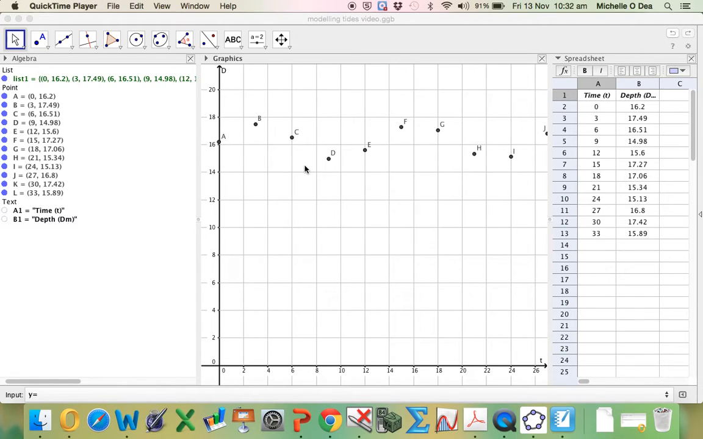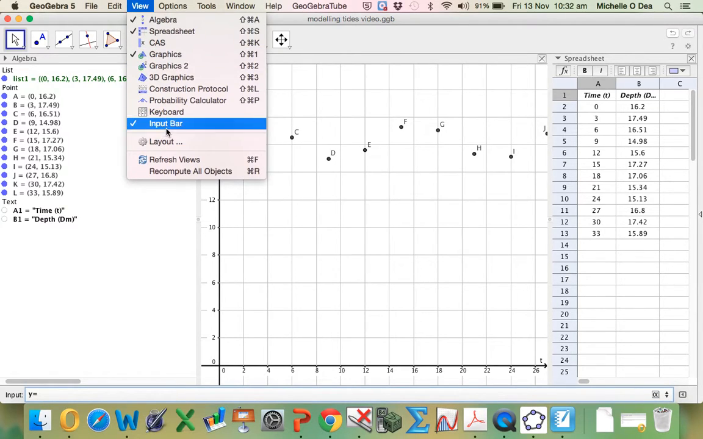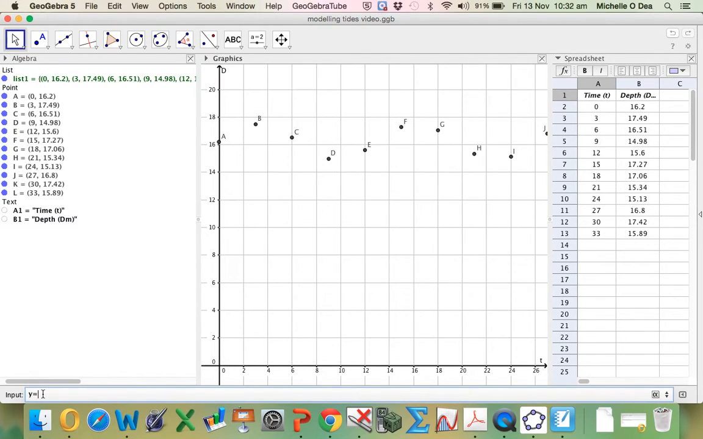Again, what we're going to look at now is how to check how accurate our first function is. I just did a little bit of quick maths and found a function for my points here. So I type it down here in the input bar. If you can't see it, just go up to View and make sure you have Input Bar ticked. You must type y equals, and if I just very quickly type my function in,